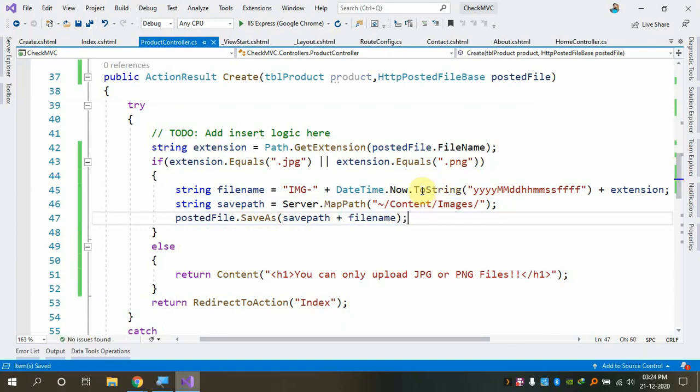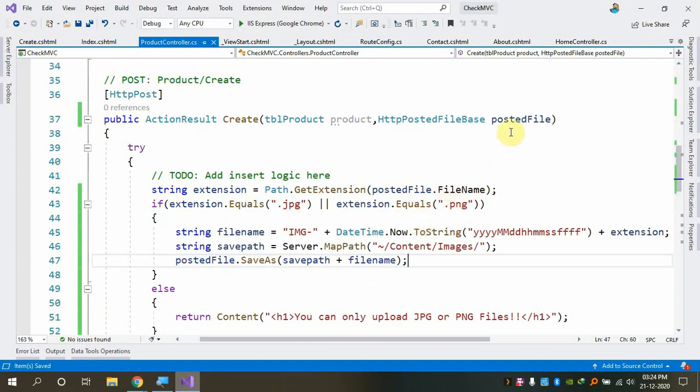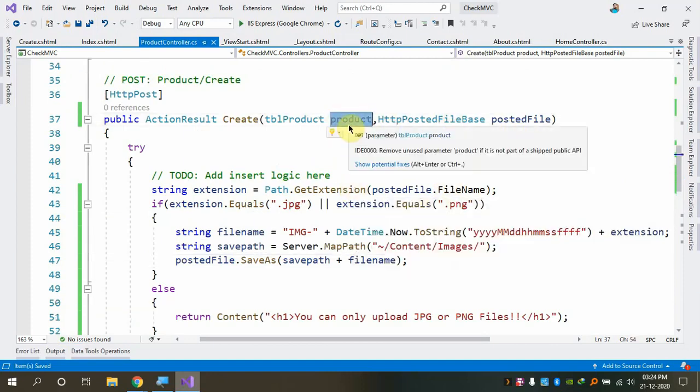Done. Okay. By now, I guess you understood what has happened. So I've added that to the file name. All right. Now, the product you have created, please note the file name has not been added because in